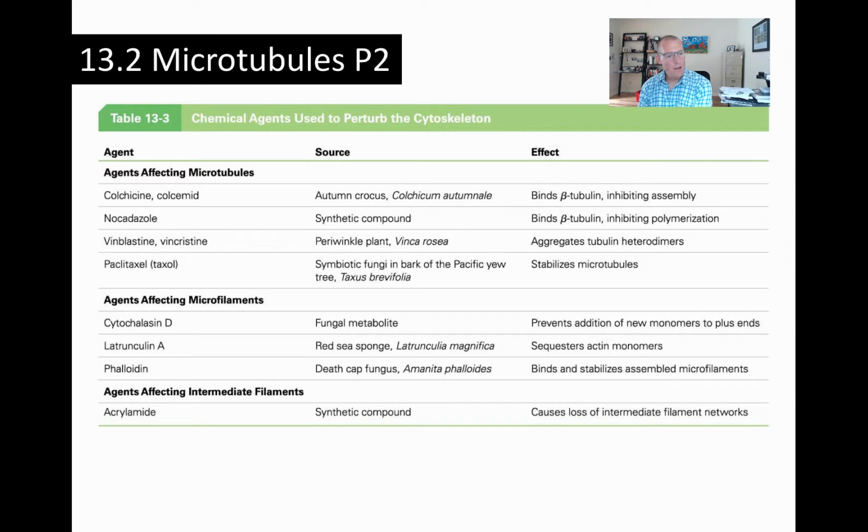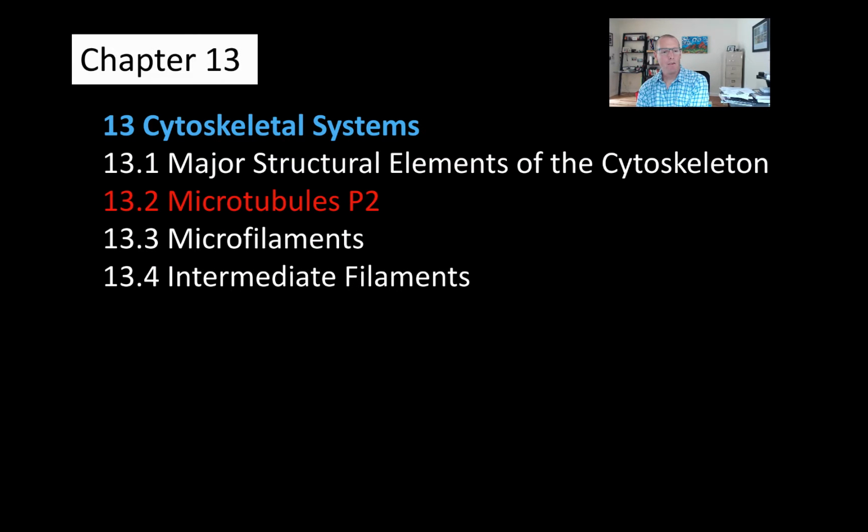Some compounds can act to stabilize microtubules. Paclitaxel here, also known as Taxol, stabilizes the microtubules, and that means that you end up with a depletion of free tubulin because all the tubulin ends up in the microtubules. And again, that has been used as an anti-cancer treatment, but its use is waning now in favor of other less toxic drugs. Okay, so that's a little bit about the dynamics of microtubules and how you can use different drugs to interfere with